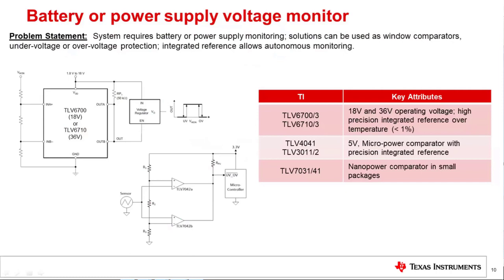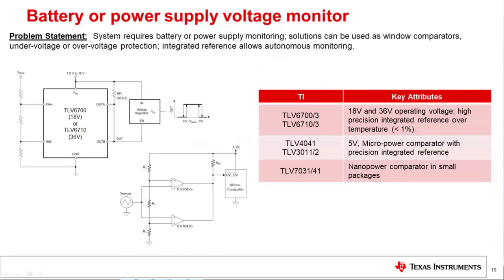So here I'm showing two different ways you could do voltage monitoring with comparators. The top left there is using a high voltage window comparator. Window comparators are great because we integrate an on-chip reference. In this case, it's a very accurate reference. It deviates less than 1% over temperature, right? So we integrate that reference for you, and then we provide two outputs that you can OR together and get a signal for, okay, when is my signal in between these two values? It tells you, for example, I am under 10 volts but above 6 volts. I'm in that power good range. That's the output that I want.